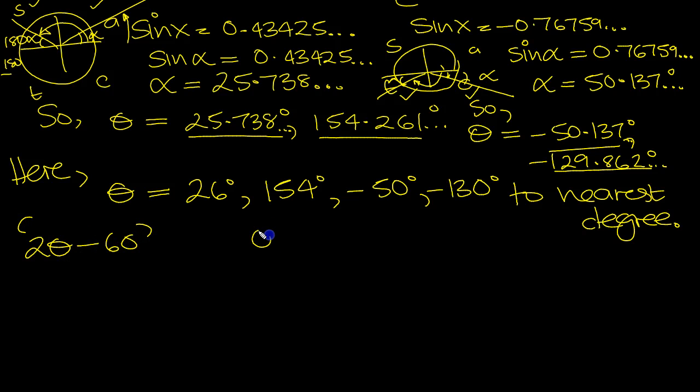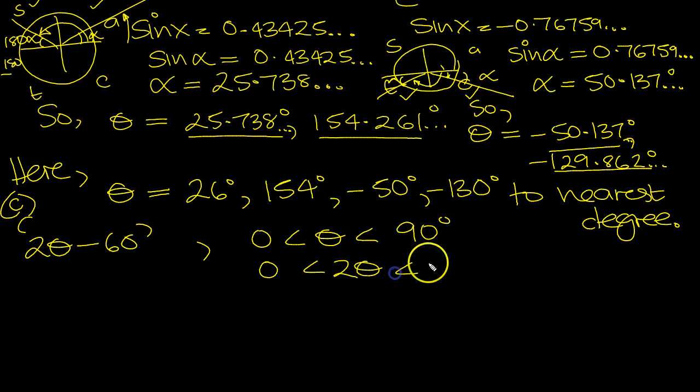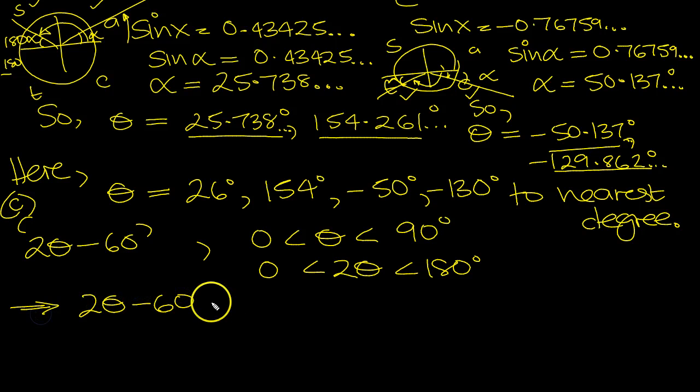We're solving between 0 and 90. So this is part C now. We're solving between 0 and 90, so 0, double everything, 2 theta is less than 180. So our solution set will be 2 theta minus 60 will equal,